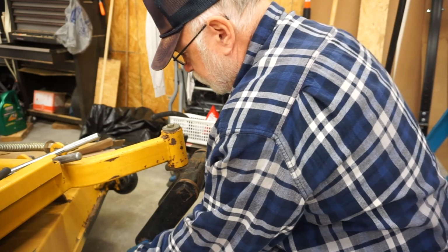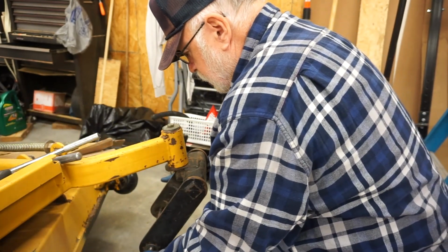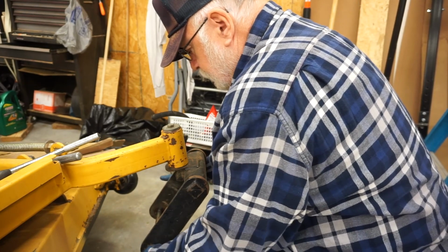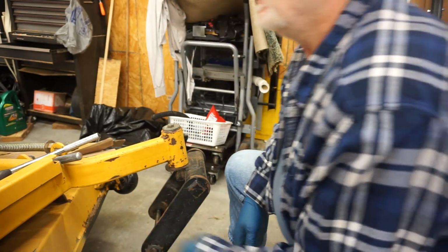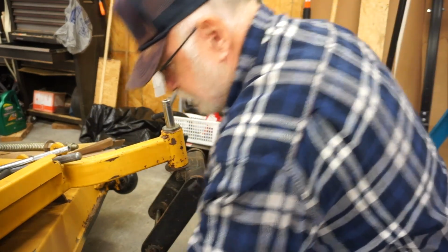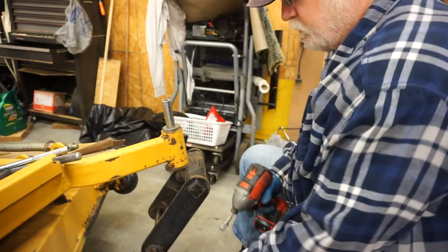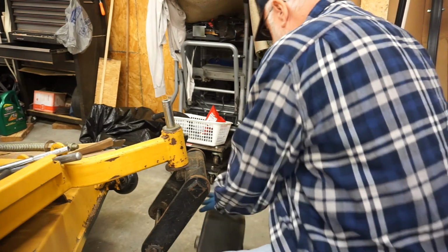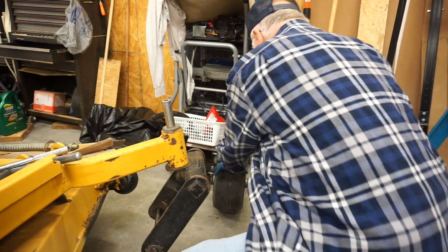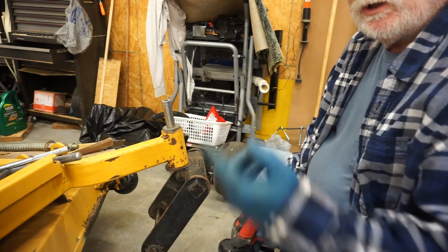So temporarily, I'm going to put this bolt back in here, along with a nut, and then good enough right there. Then we're going to reach over here. We're going to put, can you see that? We're going to put that 3/4-inch on there. And we're going to see if we can get that wheel and tire out of the way. Hopefully, if the guy comes through, we're going to make and build some aluminum front wheels for this thing